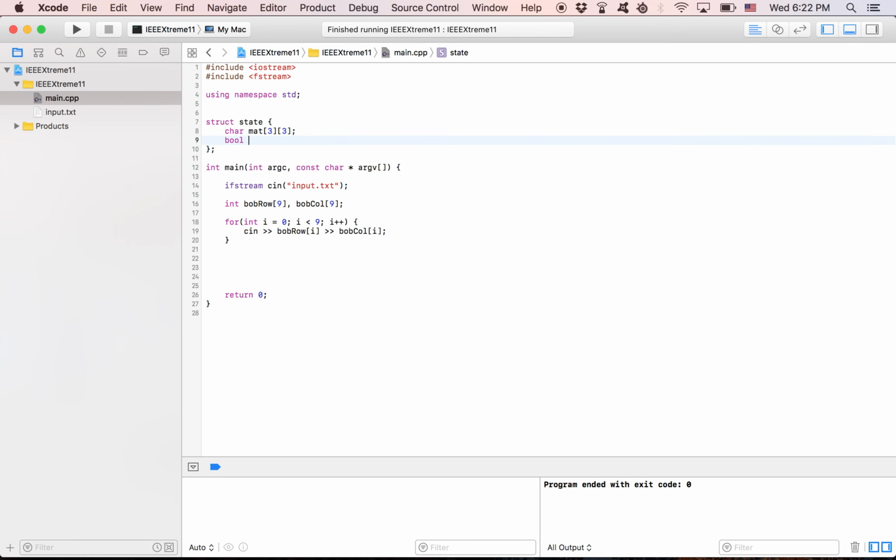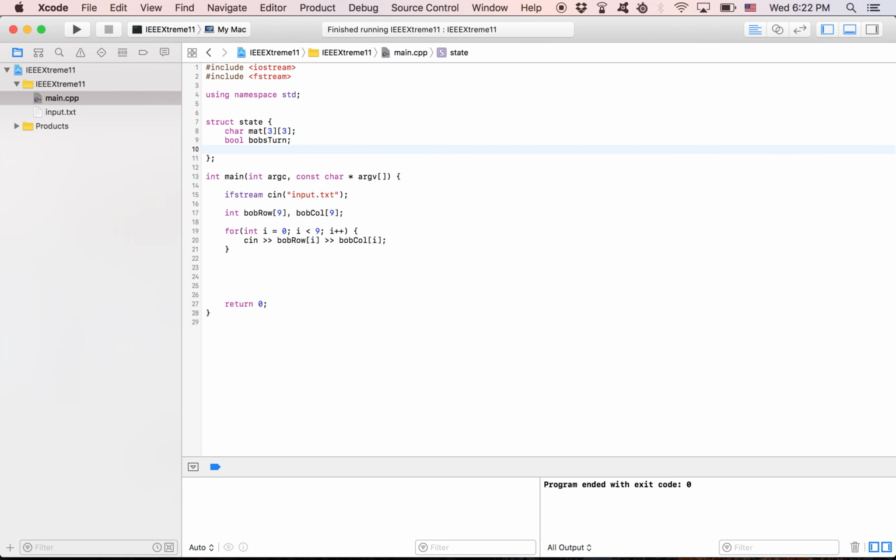Boolean Bob's turn. If it's true, it's Bob's turn. If it's false, it's my turn. We also need to know the next number of the move that Bob will execute, so it will be something like int move number,